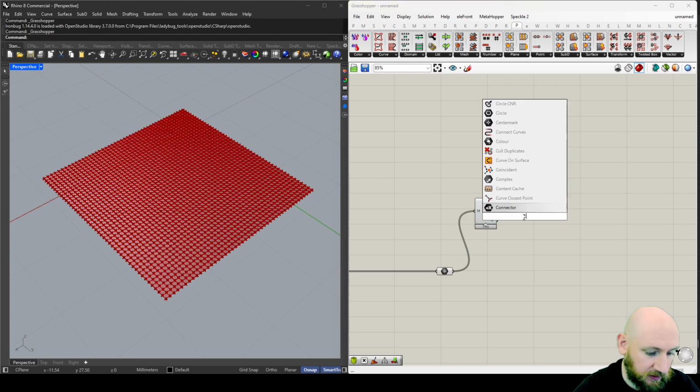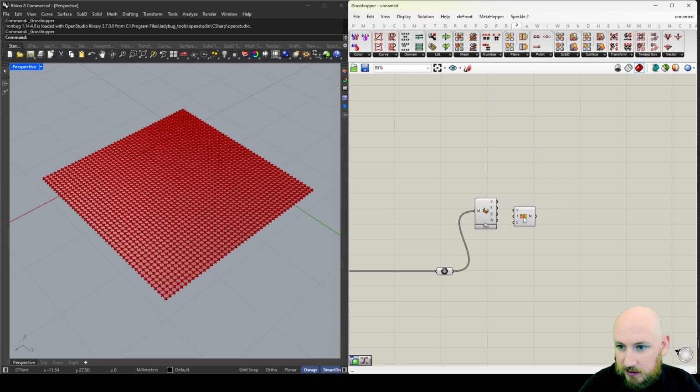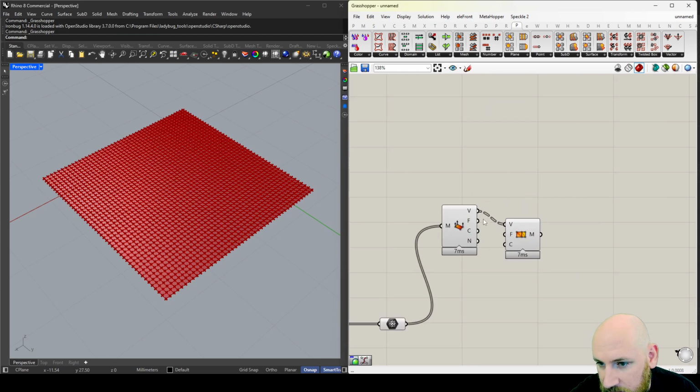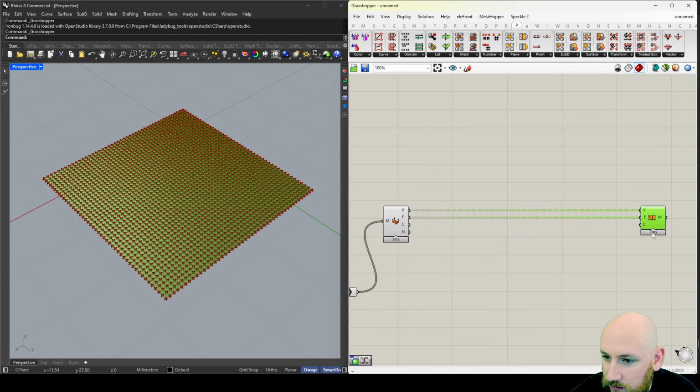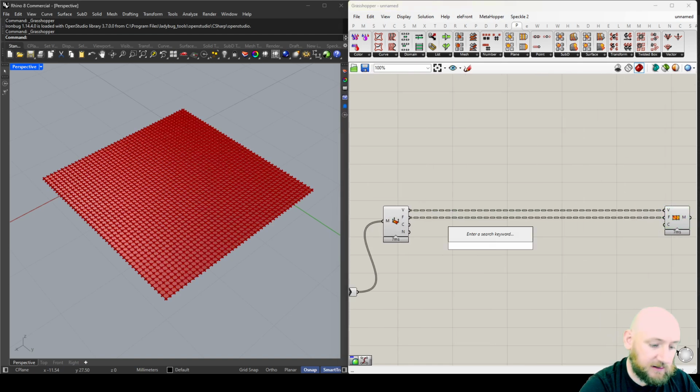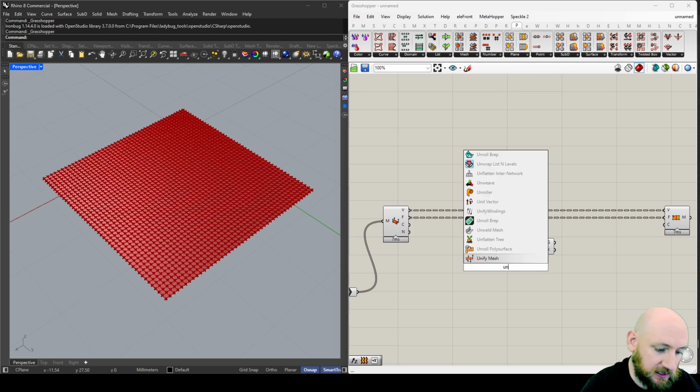And I'm going to construct mesh at the end after I've manipulated some of these vertices. So if I just connect the vertices and faces, I'm not worried about the colors. I'm going to make the gap here. And let's just do move unit Z, where we drop